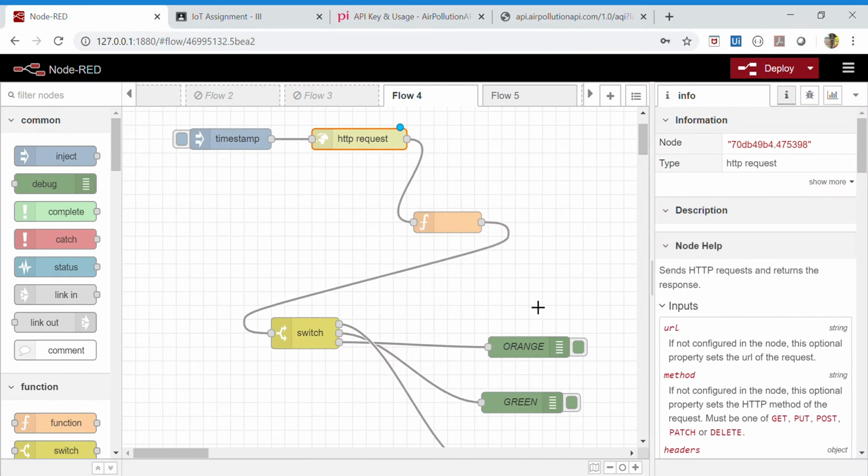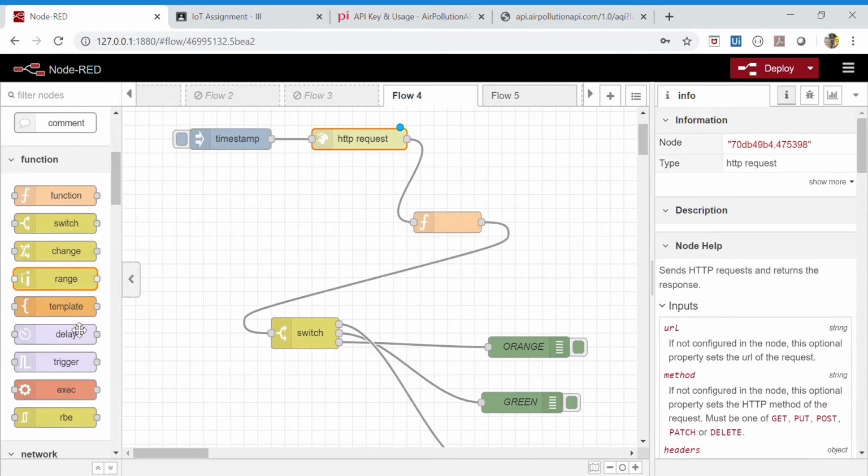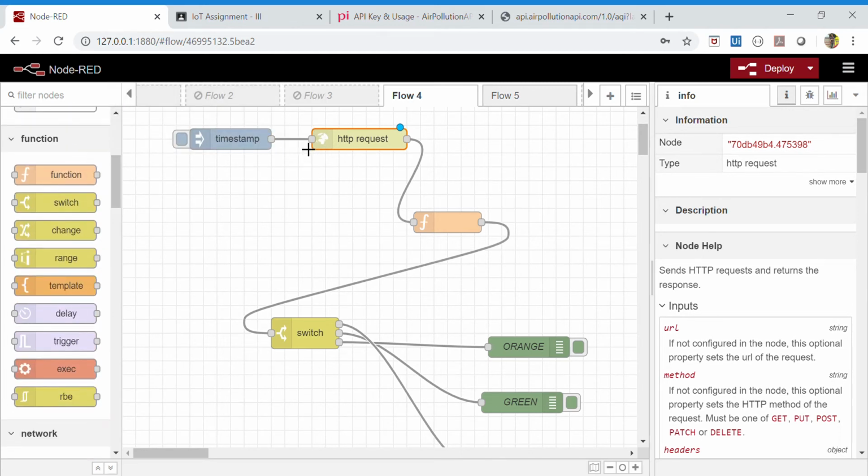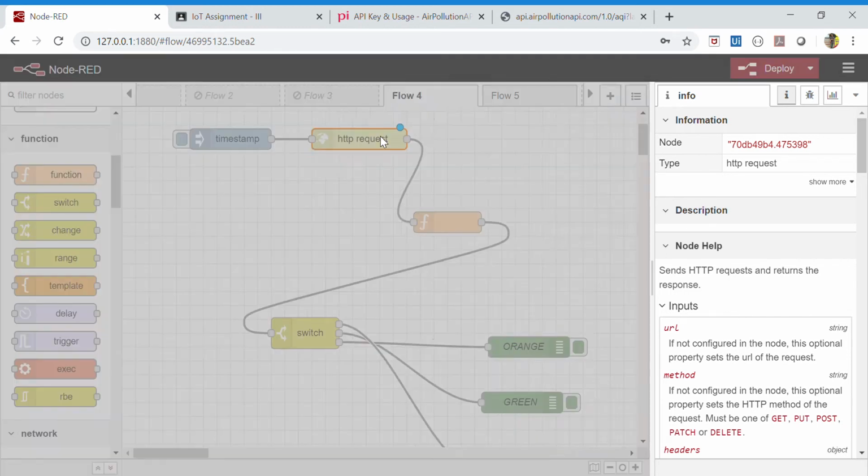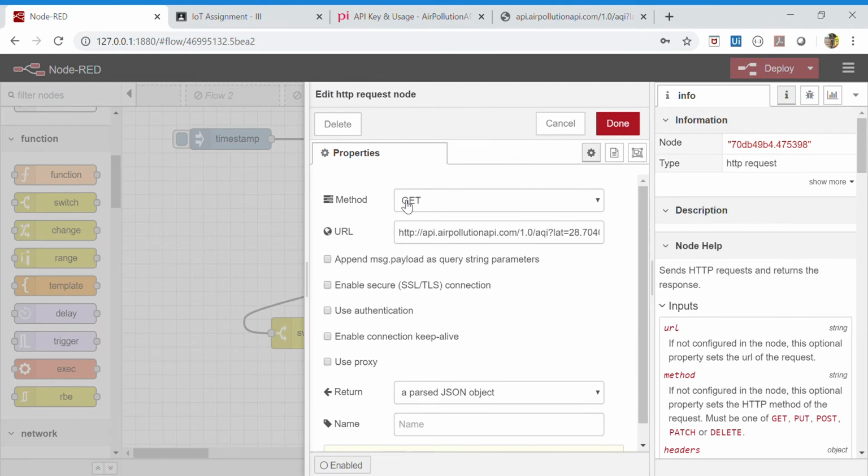So what I have done is I have dragged an inject node and an HTTP request node, and connected these two nodes. In the HTTP request node, the method should be GET, as we are getting the JSON object from the website.